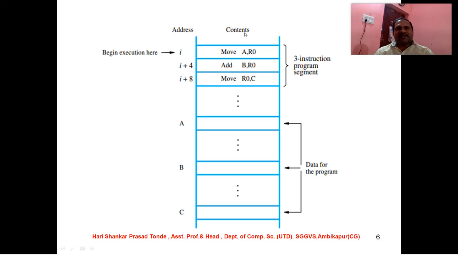Here I stands for the instruction. Move is a command which is used for moving the content from register to memory or from memory to register, or to the program counter, whatever is the requirement of the user. And we are going to move 4 points at a time. Starting from I, Move A comma R0, and we increment 4 points, and I plus 4, Add B comma R0. Afterwards we again add 4 points, and I plus 8, Move R0 comma C. In this way we move up to the nth point, which we use to make the straight line.